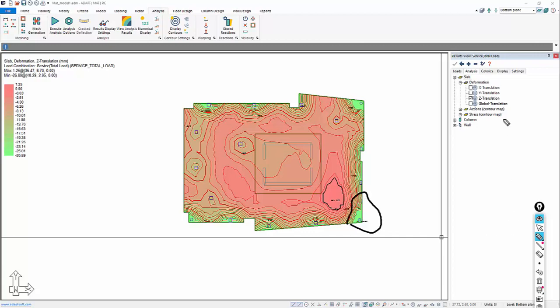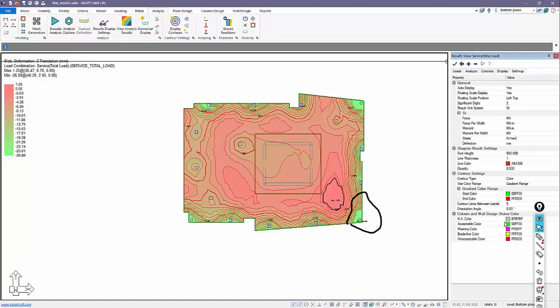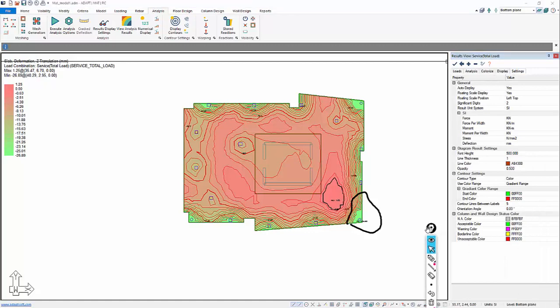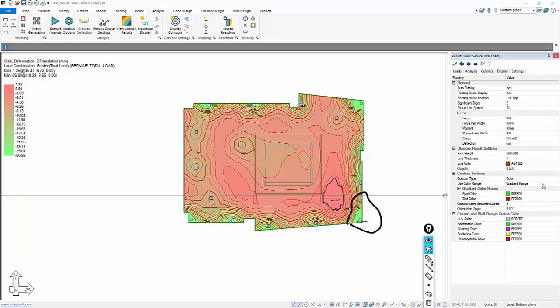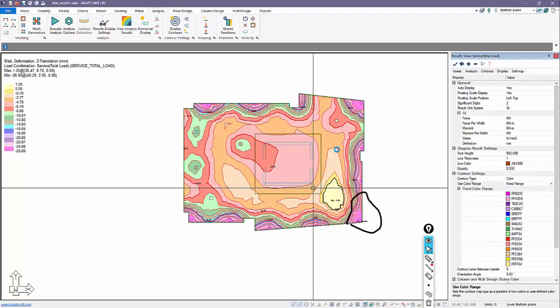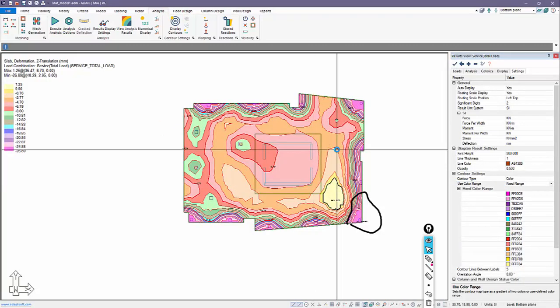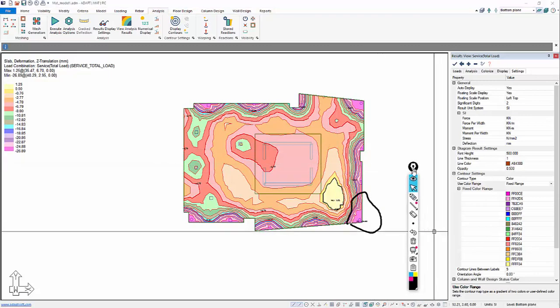If you wanted to change the way that this is presented, we can go over to settings. We have several setting options here for example, for units, significant figures, diagram results. In this case, we're going to select fixed range versus gradient, and that just changes the way that this is presented on screen. So you can have a color range versus a color gradient for the results, for contours.